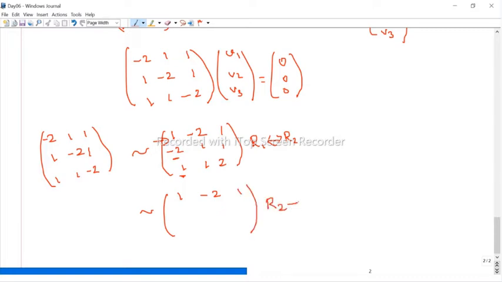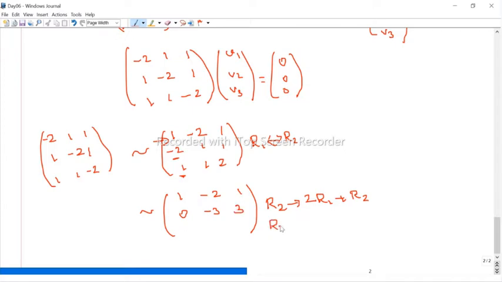I have to make the second row. What I'm going to do is multiply 2 by the first row and then add to the second row. So the first entry is 2 times 2 plus minus 2, which is 0 here. And here, already minus 2 there. If you multiply 2, we get minus 4 plus 1 is minus 3. And this one is 2 plus 1 is 3.